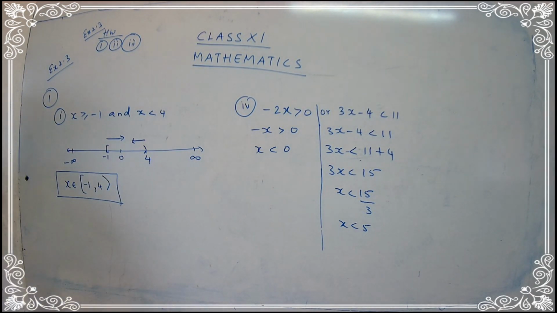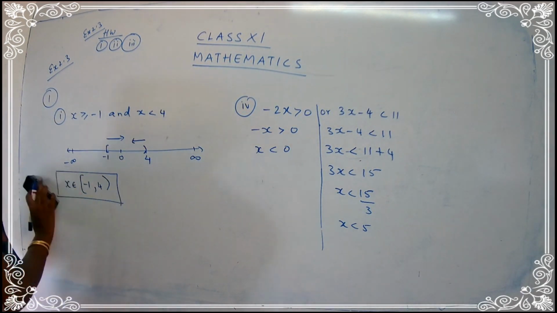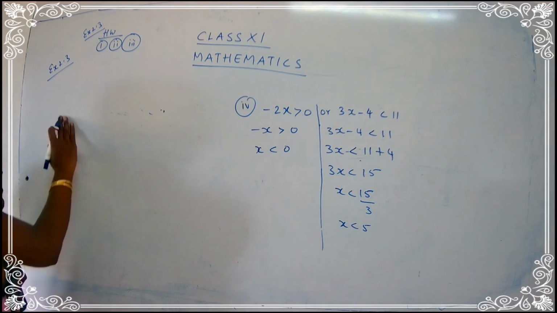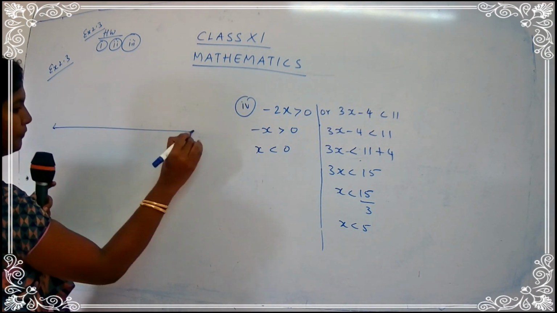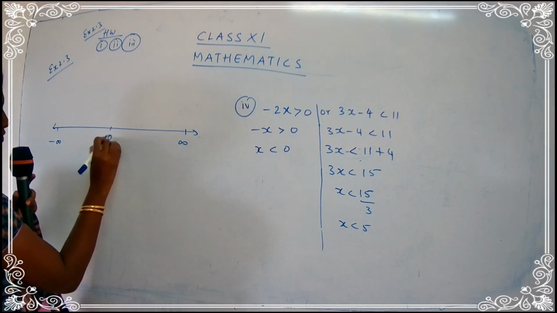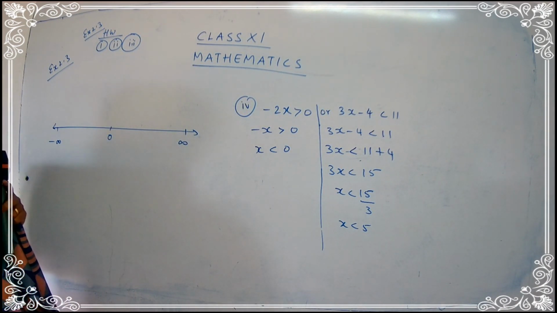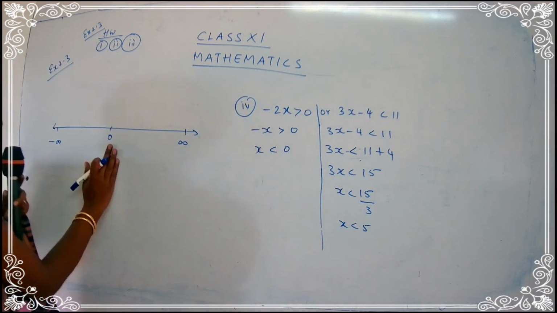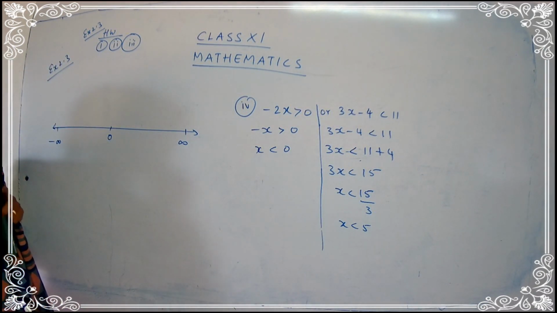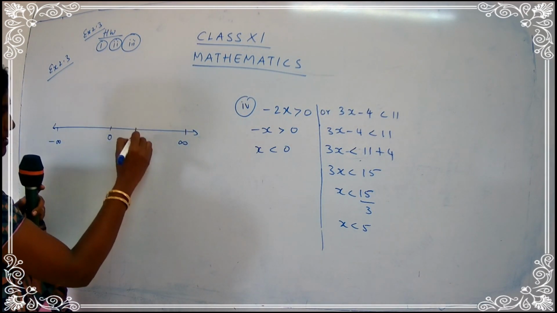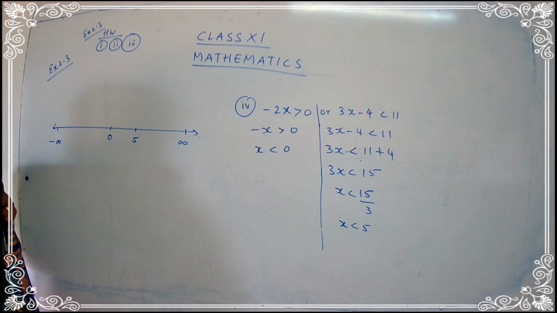I hope you have solved the inequalities. I'll draw the number line over here. So first of all, draw a number line. Write down minus infinity, write down plus infinity, write down 0 over here. Now, what are you going to write down? We want a number 0 and we want a number 5. So, 0 is here, 5. Where is 5 going to lie, children? 5 will be lying on the right side of 0. Somewhere here. 5 is going to lie on the right side.